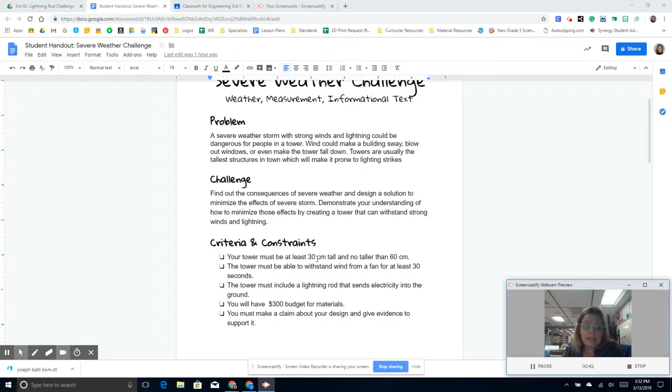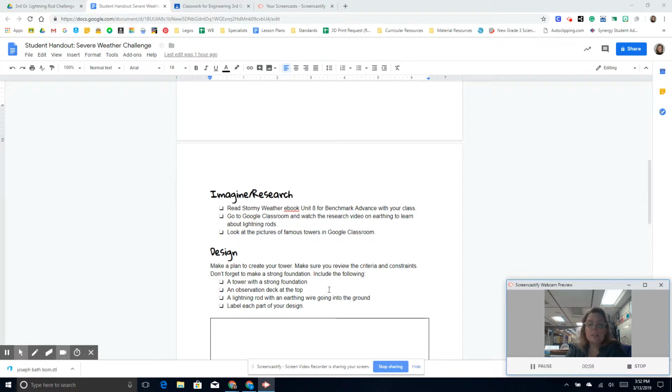Then remember, your height has to be more than 30 centimeters, but less than 60 centimeters. So your goal is to have that tower standing up and in front of a severe storm for 30 seconds or more without falling over. So when you get to your research, we did a little bit of this last week, but there's another video that I want you to...